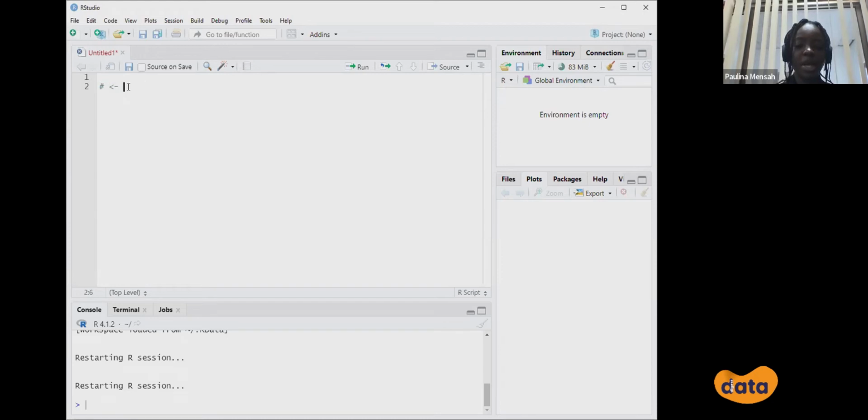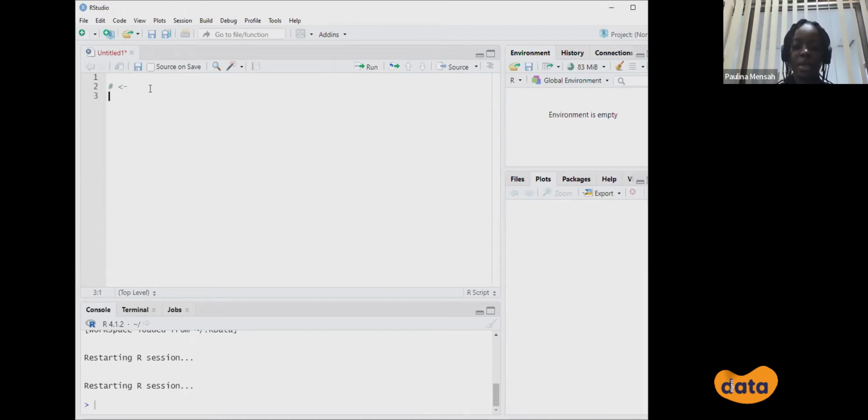And then we have Control, Shift, M, which is gonna give me the pipe operator, which is a very common operator that you're gonna use in your data analysis. It's under the magrittr R package. Yeah. And then